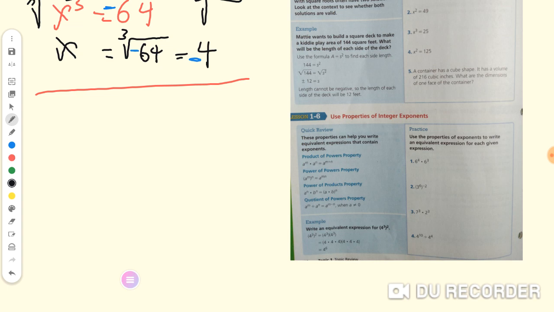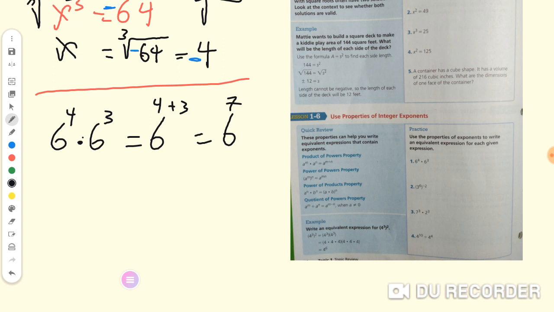Okay, as we know before, if I have the same base, what should we do to the power in case of multiply? Yes, we add the power, so it's 6 to the power 4 plus 3, which is equal to 6 to the power 7. Okay, and in case of division, like the last one, 4 to the power 10 divided by 4 to the power 4. In case of division and the same base, we put the base and subtract the power, so it's 10 minus 4, equal 4 to the power 6. Okay,